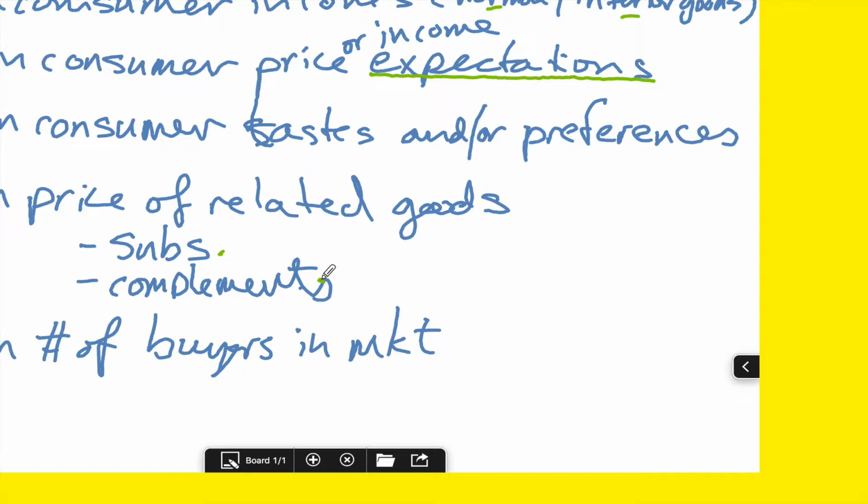So if I have been in the habit of buying 2 packages of hot dogs and the requisite accompanying buns every week, and the price of hot dogs doubles, and I only buy 1 package of hot dogs, am I going to continue buying the same number of buns? No. That tells you that they are complements, that as the price of one goes up, my demand for the other one goes down.